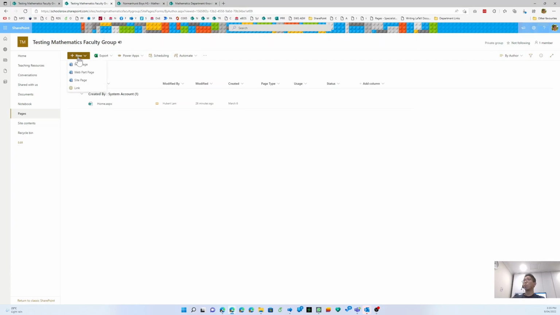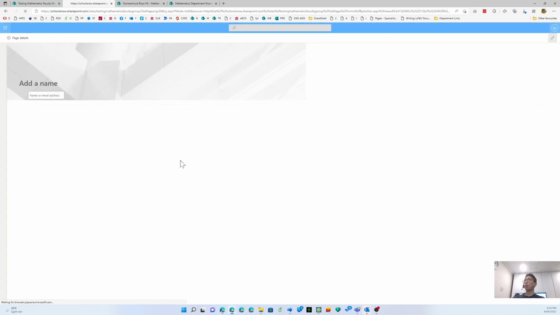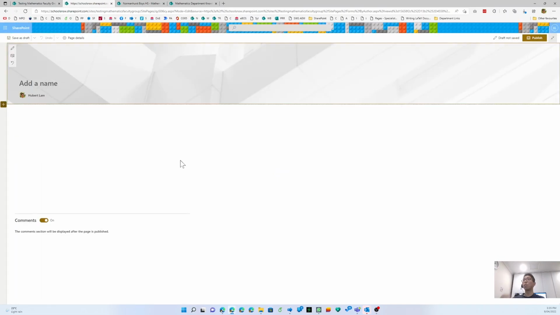As you hit that new button, there are 3 types of pages that you can create. The wiki page and the web part page are for SharePoint Classic. So they're actually quite old and they don't look very good. They carry over the design language of SharePoint from the late 1990s. Whereas this site page type is what we want to use. So as we go and create the site page, this is going to be our first ever page,